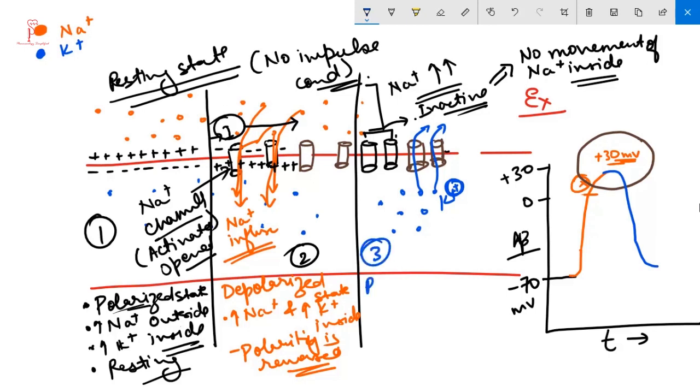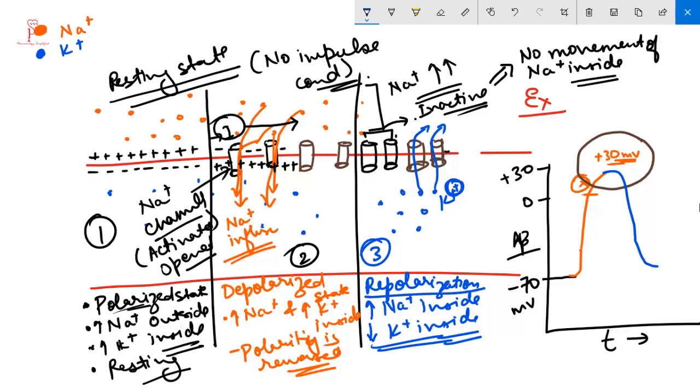So now this phase, this is the third phase, we call it repolarization. So there is high sodium inside and less potassium inside, because this potassium has moved out of the cell, right, for the process